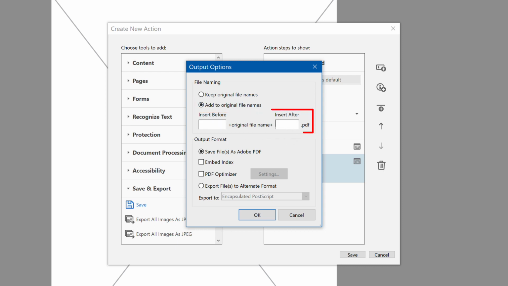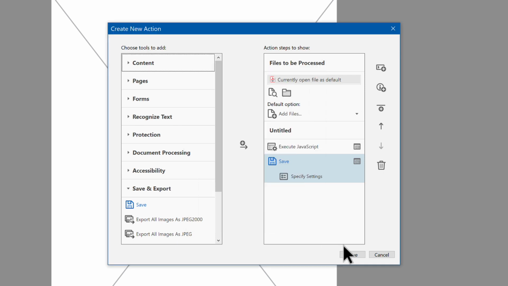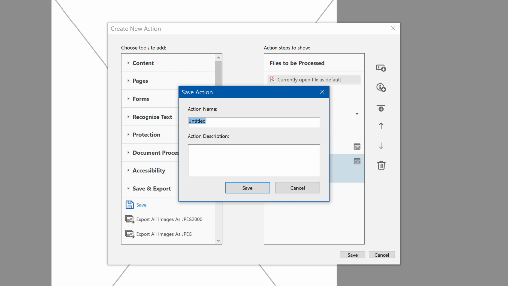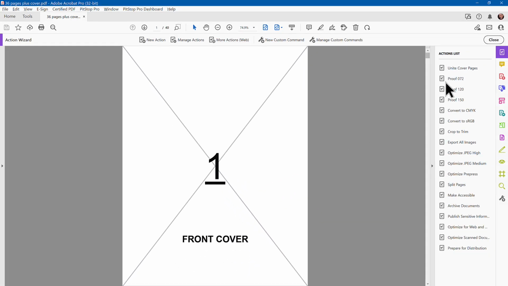In the input Insert After, enter an underscore, then Cover United, or any other suffix you prefer. For output format, leave it as Adobe PDF. Click OK. Click Save and give the action a name. I'll use Unite Cover Pages. Click Save. Now give it a try.